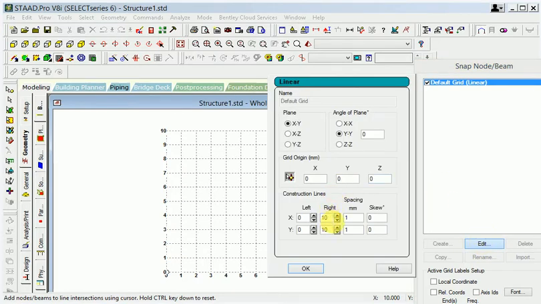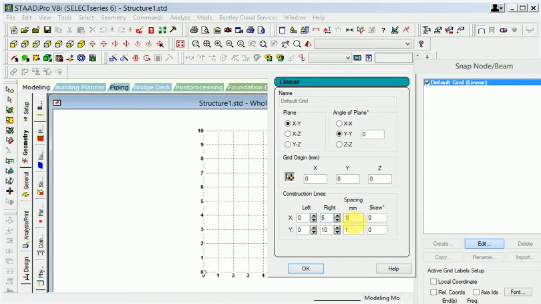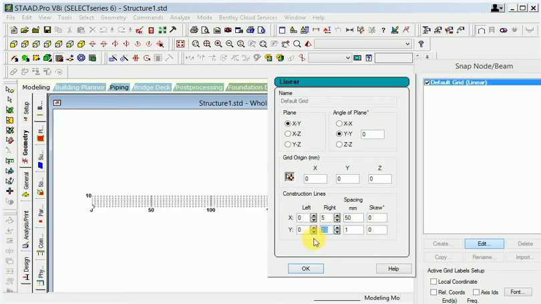So when I apply the plane edit, here you can see 10 to 1, so I get 5 to 50 and I also get 5 to 50.